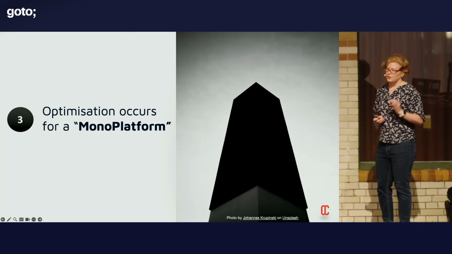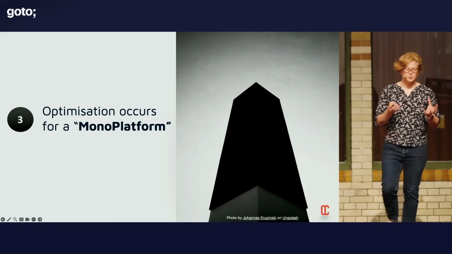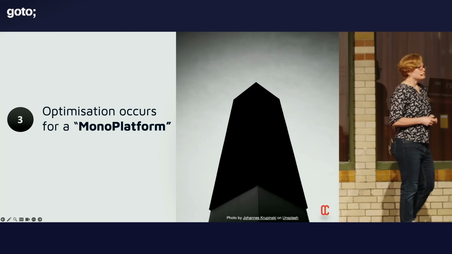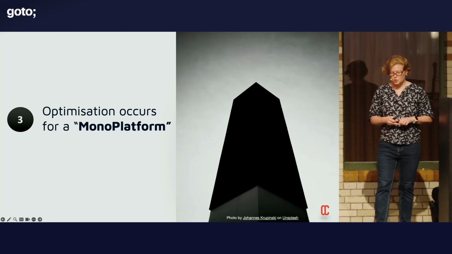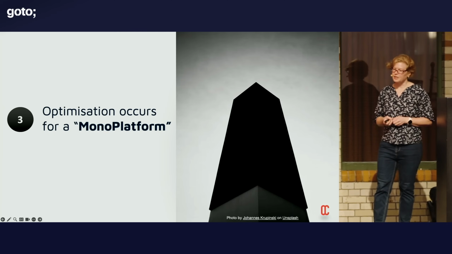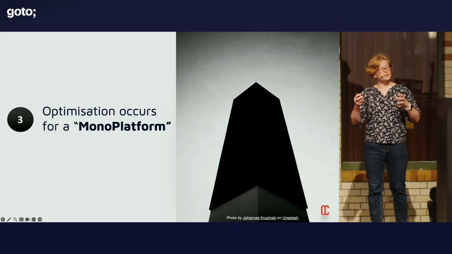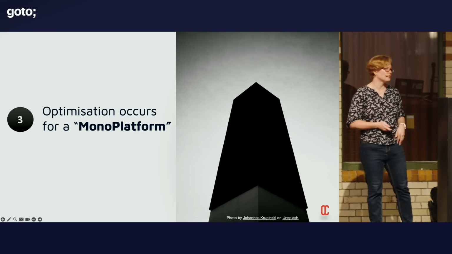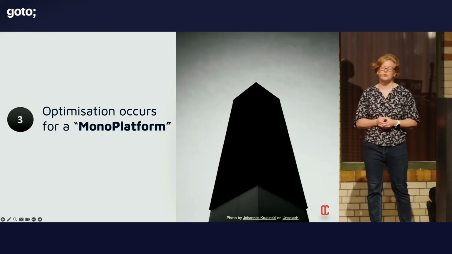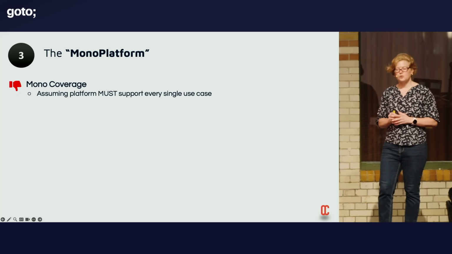So our third area where people often stumble is that they optimize for what I call a mono platform. Oftentimes you will find that people are drawn to building things the one right way, rather than recognizing that the platform could be composed of a number of different areas that are carefully curated and brought together to offer a cohesive offering. But we're constantly drawn to this one mono platform to rule them all concept. And why is that the case? I've broken this down into about three sub-areas.